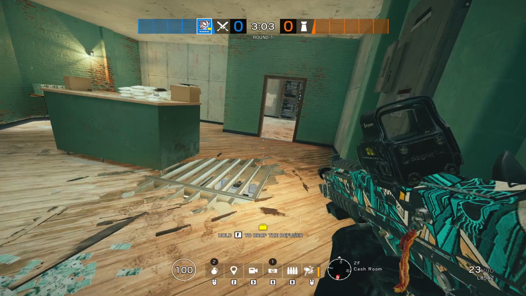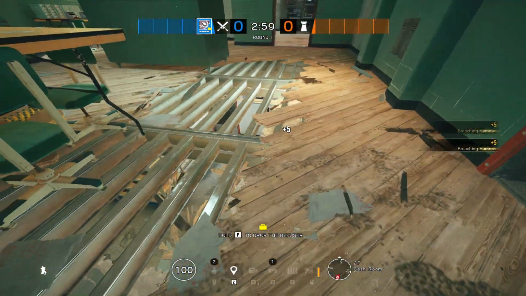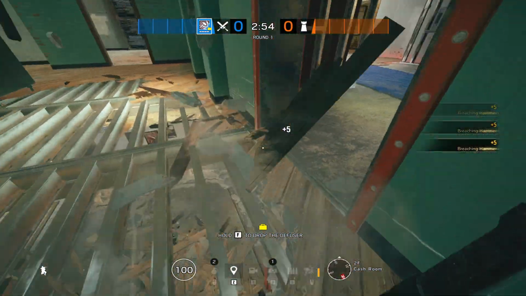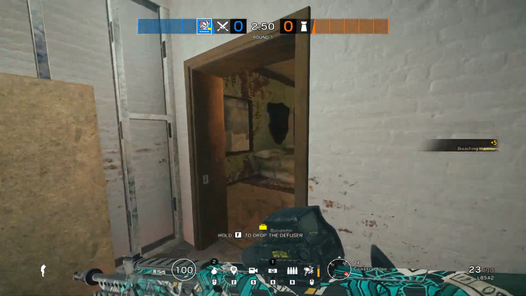So you're at an advantage there. Attacking's already at a disadvantage. So by doing that, you have officially given your team all the advantage now, and you can work your way down. So let's go hop into another map,